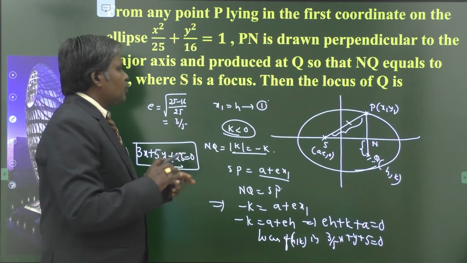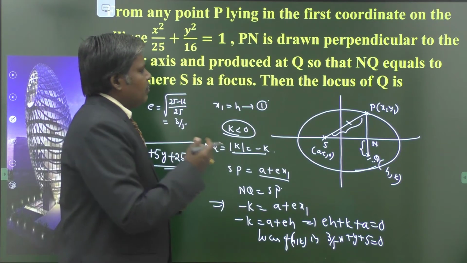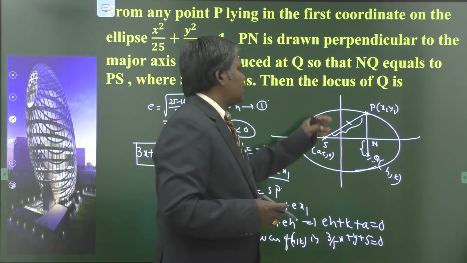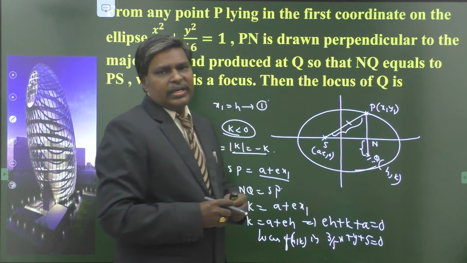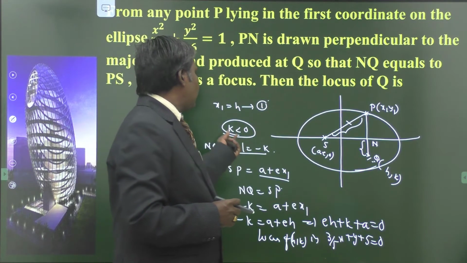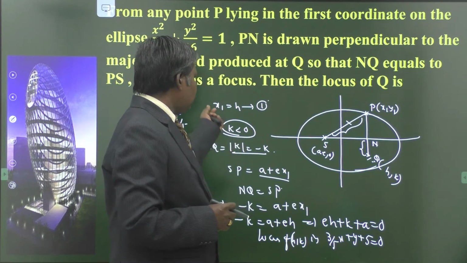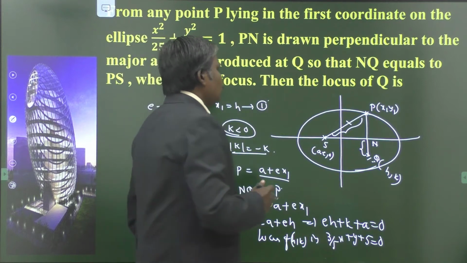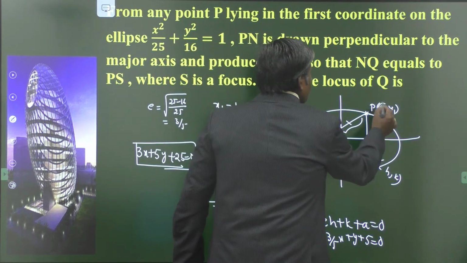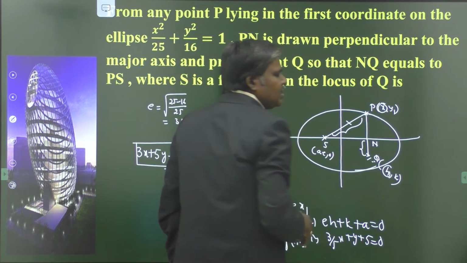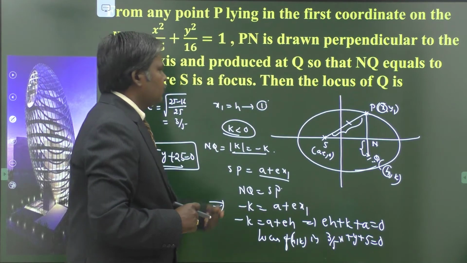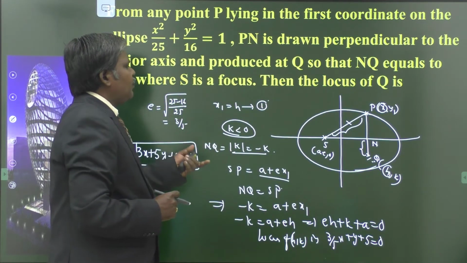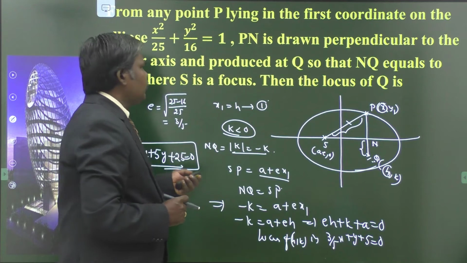So it is also a simple question, but you have to identify the coordinates of Q, and what about its k. x1 equal to h is also one of the observations. On an ordinate, x coordinates are always the same. Understand? You may do this problem in the parametric sense also. Okay.